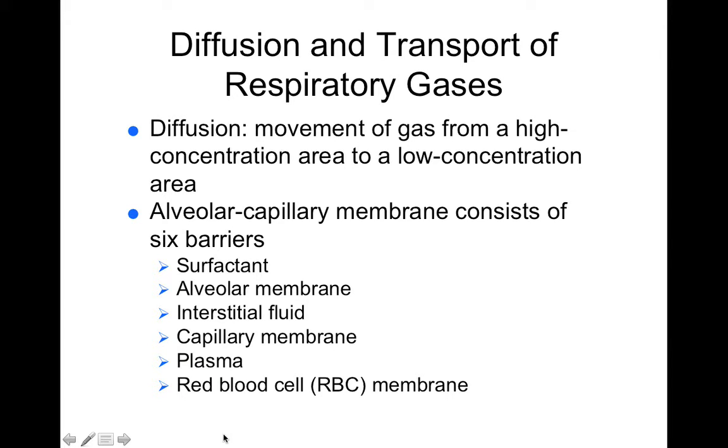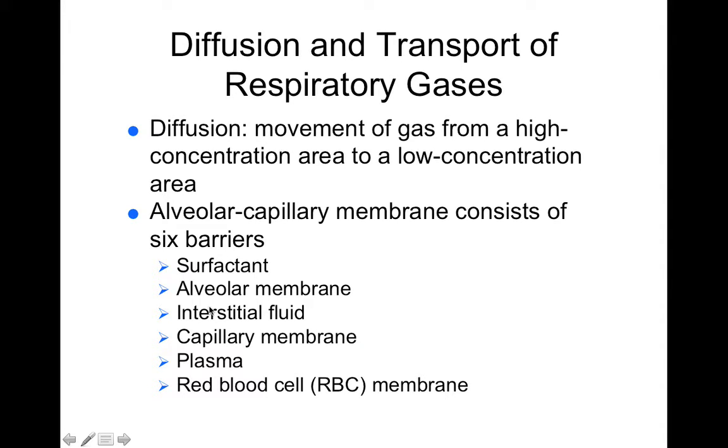But the respiratory membrane is about half a micrometer, which is like 1/2000th of a millimeter in diameter. So it's a really, really small membrane, but by being very thin, it allows for rapid gas exchange. But if you have an increase in the thickness of any of these barriers, then it makes gas